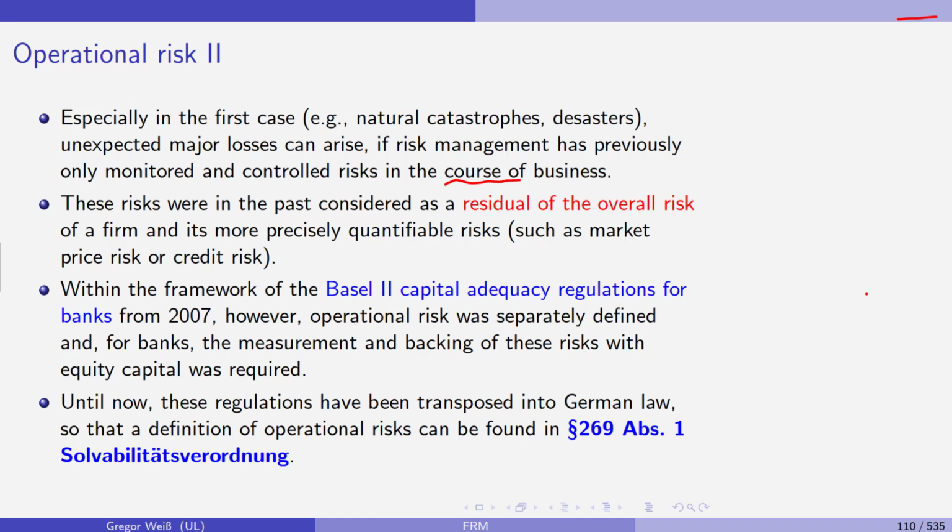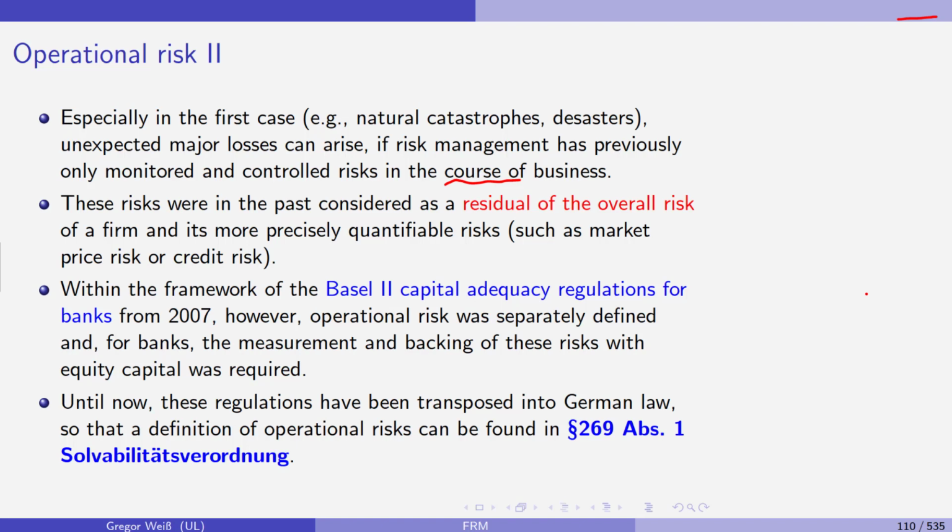What then happened is this was called operational risk, operationelles Risikomanagement, operationelles Risiko, op-risk, operational risk. And this was first defined in Basel II. As you might know, this Basel II framework is a supranational framework and actually just a recommendation for national countries to adopt. And it was adopted and introduced into German law by paragraph